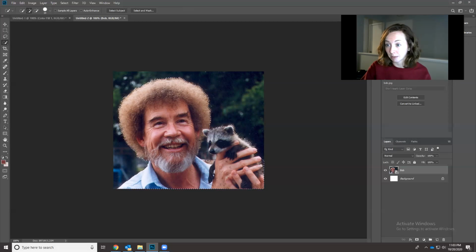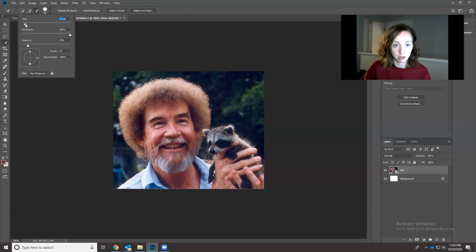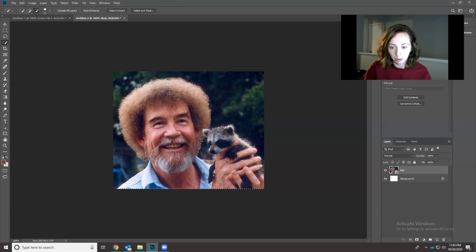Like, I don't want this in between part. So I'm going to go to the minus, I'm going to scale it down, and then I'm going to come in here and I'm going to minus whatever I don't want. Okay, now this doesn't have to be perfect. It's going to end up being a little bit fuzzy when I'm done, and that's totally fine, but this should